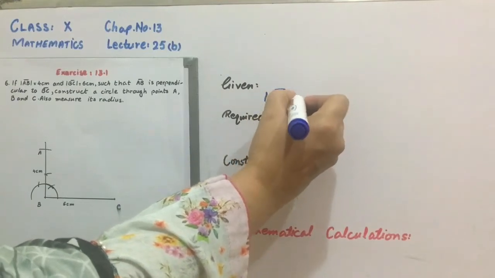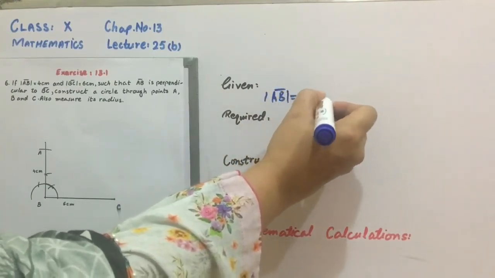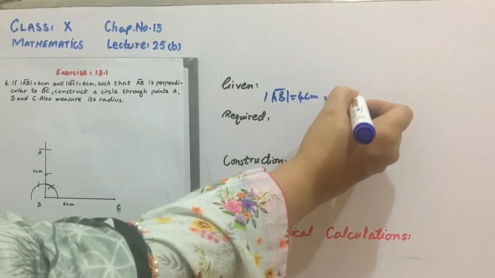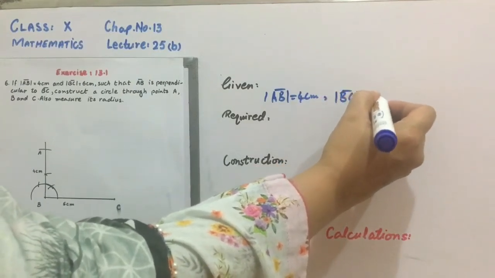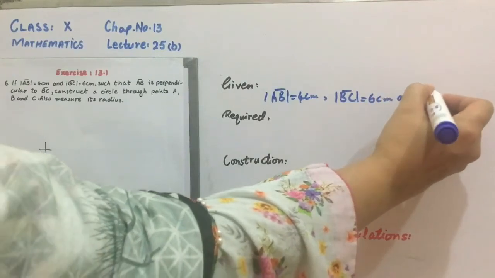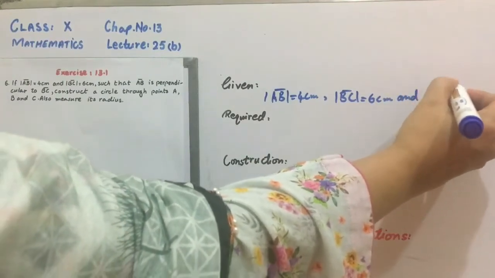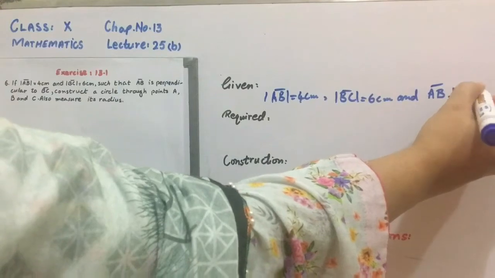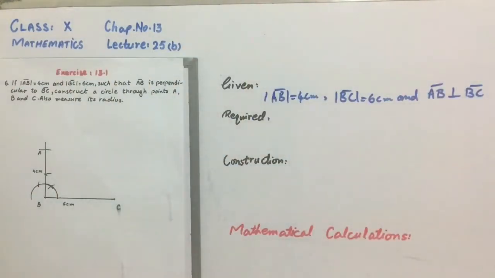In question number 6, distance of AB is given, which is 4 centimeters. Distance of AB is equal to 4 centimeters and distance of BC is equal to 6 centimeters, whereas AB is perpendicular to BC. You can see here I have already drawn AB perpendicular to BC. Then required is to draw a circle